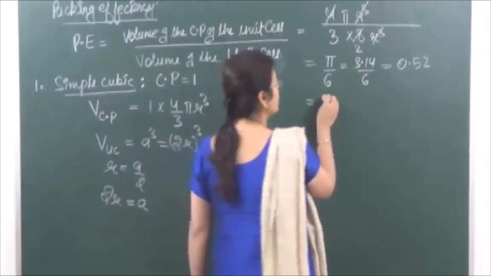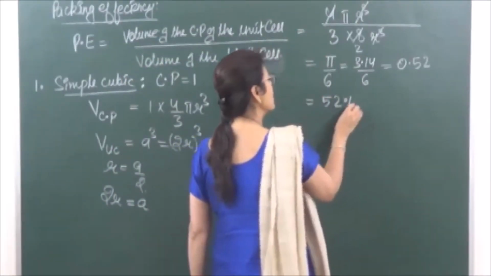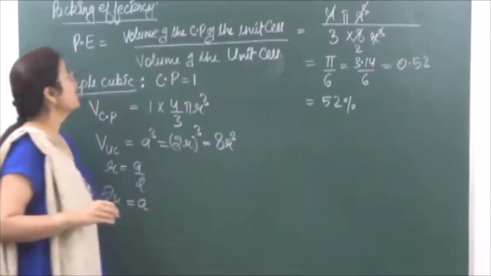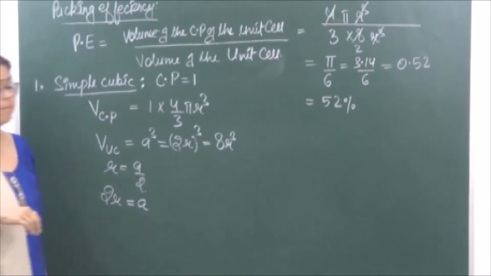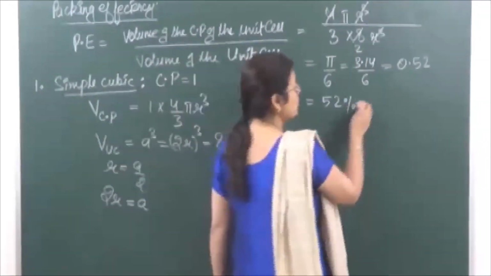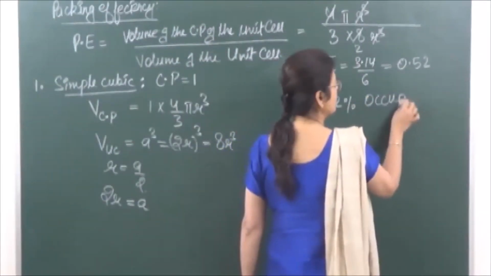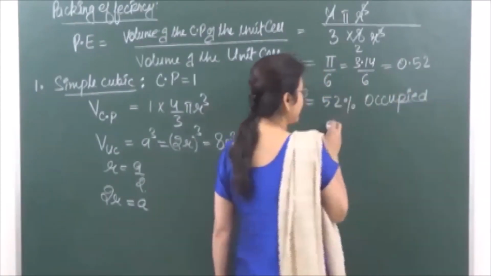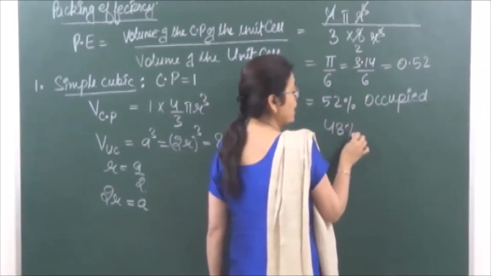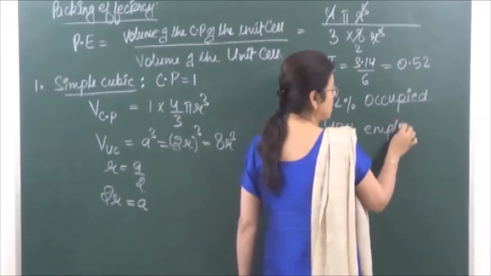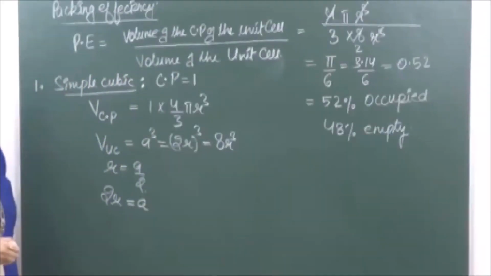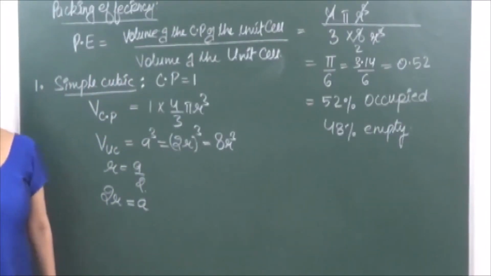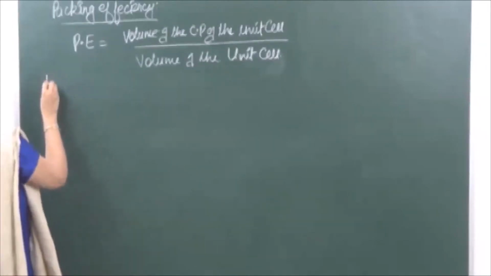And 52% of the space in simple cubic is occupied. So how much will the empty space be? 100 minus 52. So it means 52% is occupied and 48% empty spaces are present. 48% empty spaces are present. So second we have